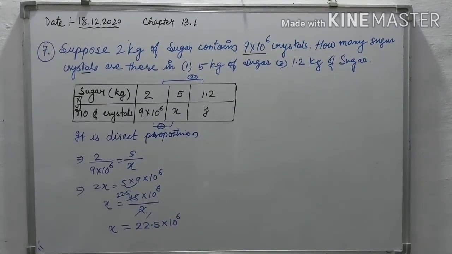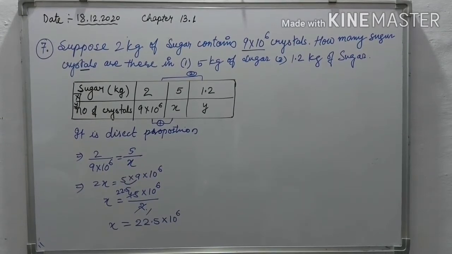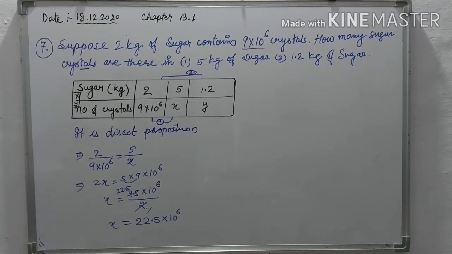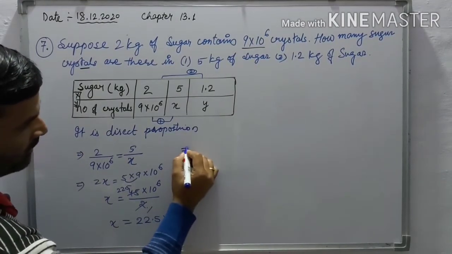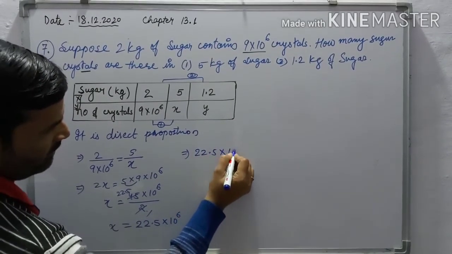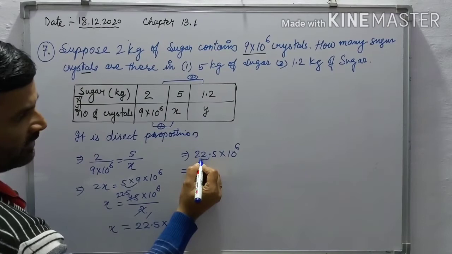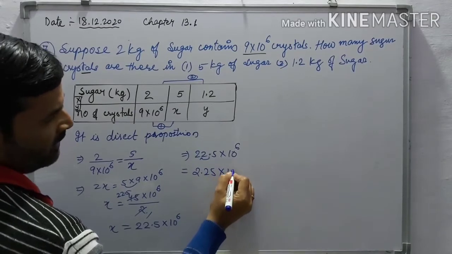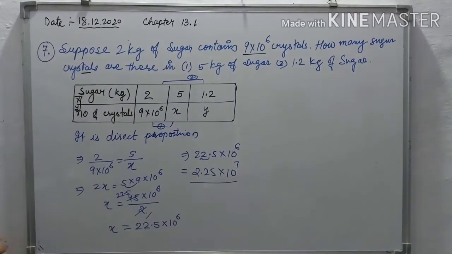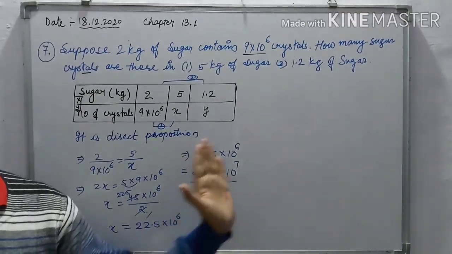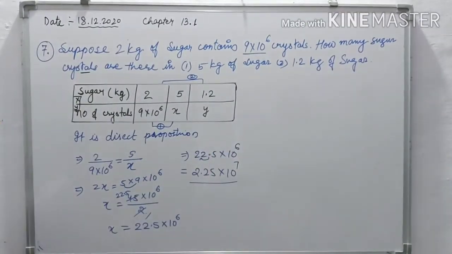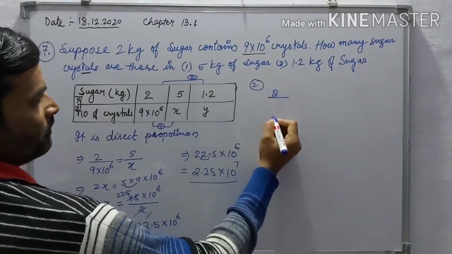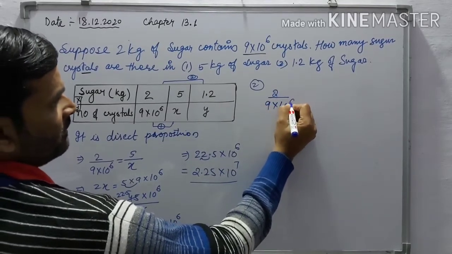It is not in the right standard form. What are we doing to write the standard form? The point will be shifted, and the power increased. So that is the standard form of 22.5 into 10 power 6. As learned in the previous class, shifting the point from right to left, it is 2.25 into 10 power 7. Suppose it is left to right, then the power will be decreased. That is it.